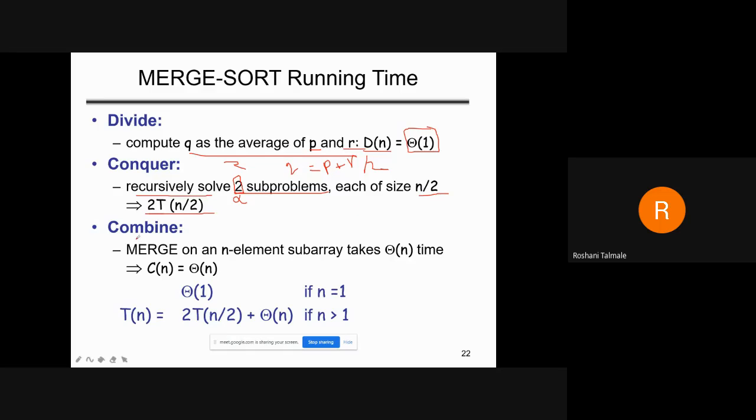Okay, now for the combine. In the combine, whatever array element is there, जितने n की वैल्यू जितने है उतने ये बढ़ेगी. So that is C of n is equal to theta of n. How much is the size of n? If I consider it as a 5, ये 5 के लिए चलेगा. So in other terms, how you will write it? T of n is equal to theta of 1. कब 1? If n equals 1. मैंने आपको बताया, if one iteration will be there, it is the 1 only.